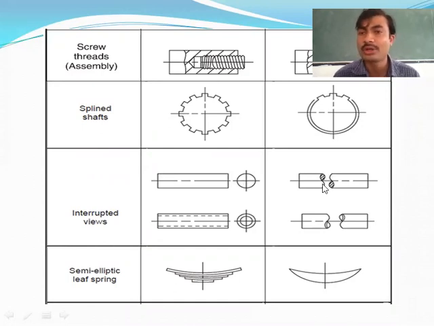The first one is a solid object. The second one is a hollow object. Here I'm going to denote that by the rectangle shape. So this is the real object. When you show the convention, it looks like this. The next one is the semi-elliptical spring. Already we discussed that one in the previous slide.